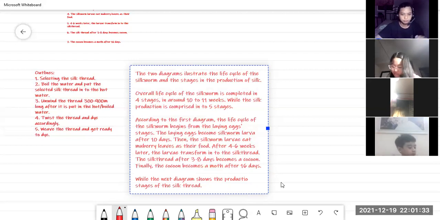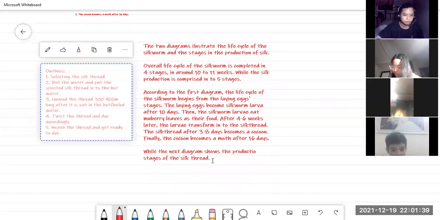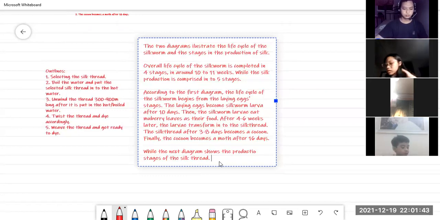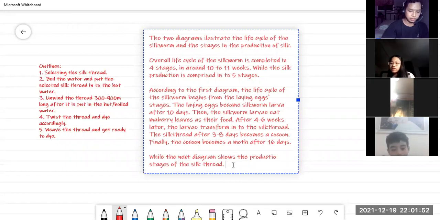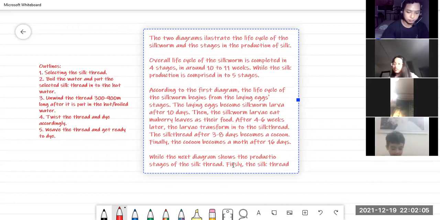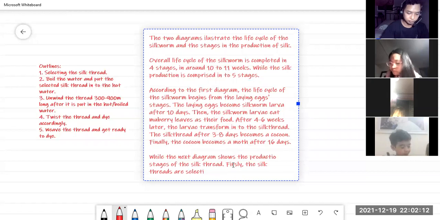Okay, what is the first step of the production of the silk thread? Who knows? Look at the outlines here: selecting the silk thread. Firstly, the silk threads are selected,